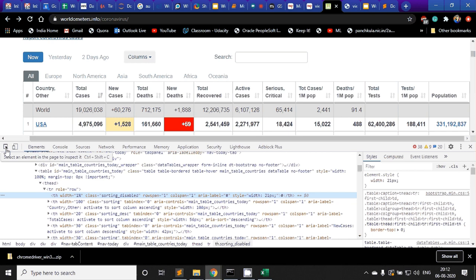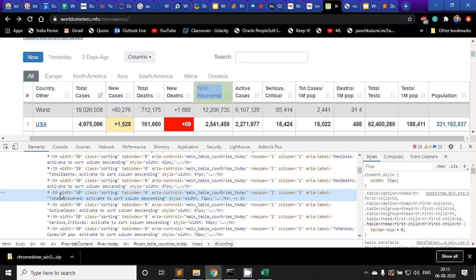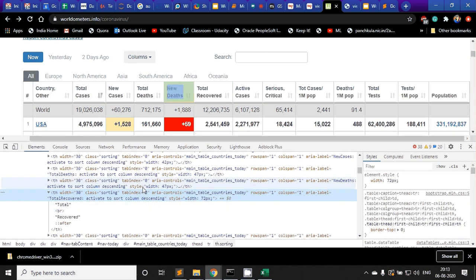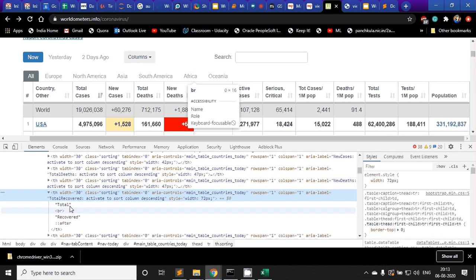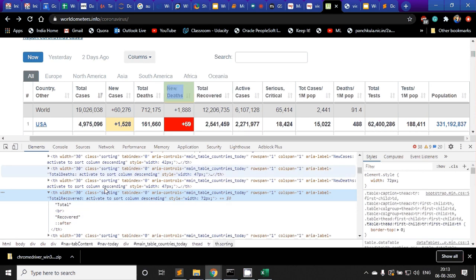So this is useful. We saw how all the data is structured. There is a main table, and this main table has all the data, right? If I could somehow find this table, then I would have a base to extract the data from.